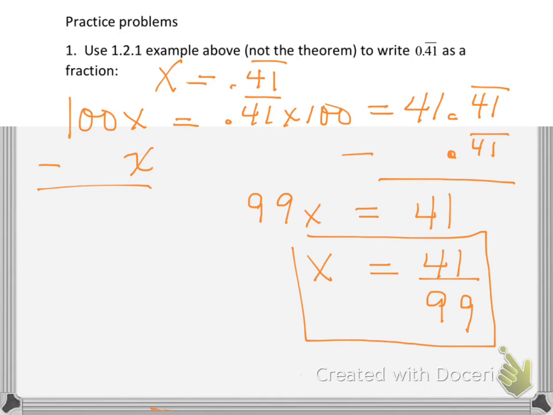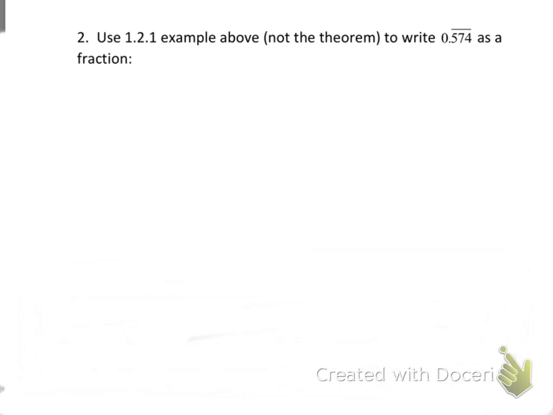Okay, let's go and we'll do another problem similar to this in number 2. In example 2, we're going to do the same procedure where I want to write a bar notation decimal as a fraction. So since I noticed the bar notation goes out to the thousandth spot, I'm going to multiply my x, which I'm defining as 0.574 bar notation, by 1,000. So I'm going to say 1,000